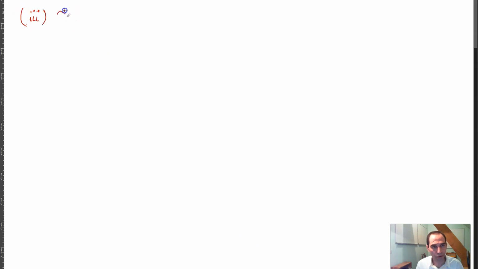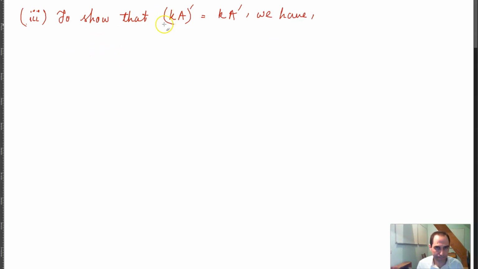We have to show that kA whole transpose is equal to k A transpose. A was a matrix like 3, square root of 3, 2 and 4, 2, 0, and therefore kA is equal to, well, you can write it as